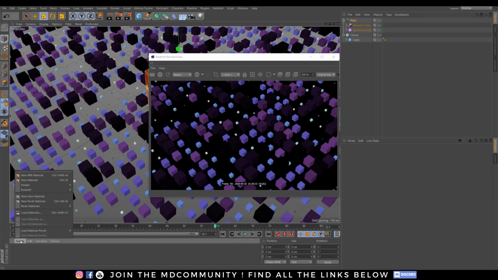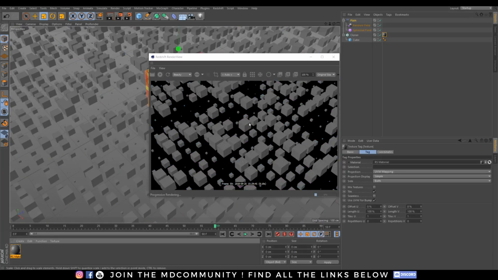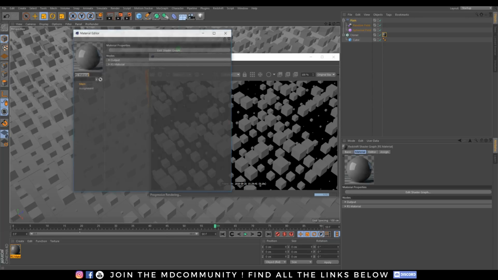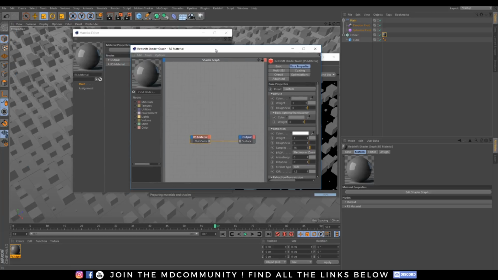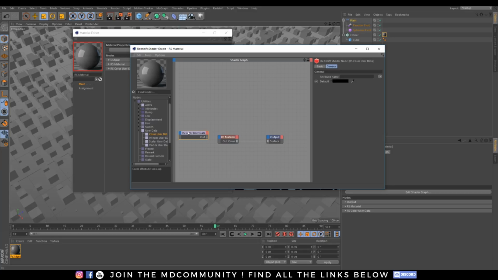If I create a simple Redshift material and put it on my cloner, you see I do not have the color. So how do I get these colors? It's pretty simple. Let's open the Redshift material. Let's go there, and you will find, I guess it's under utilities, C4D, no, user data, color user data, and right there you will be able to take MoGraph color.